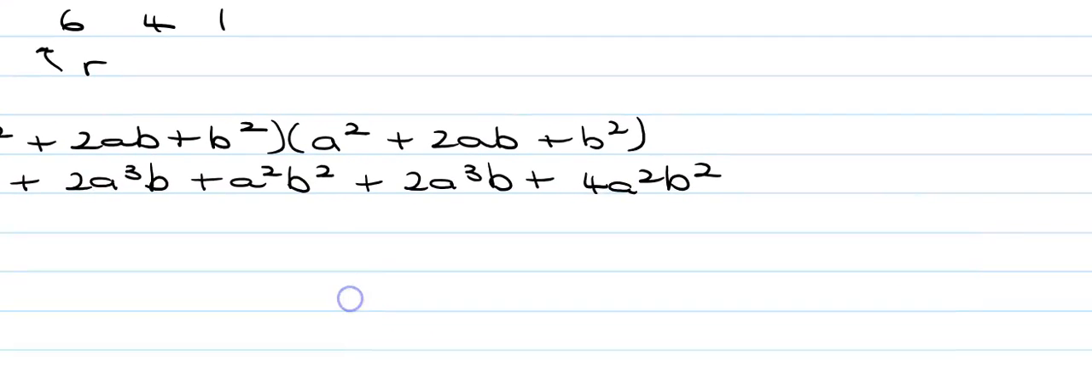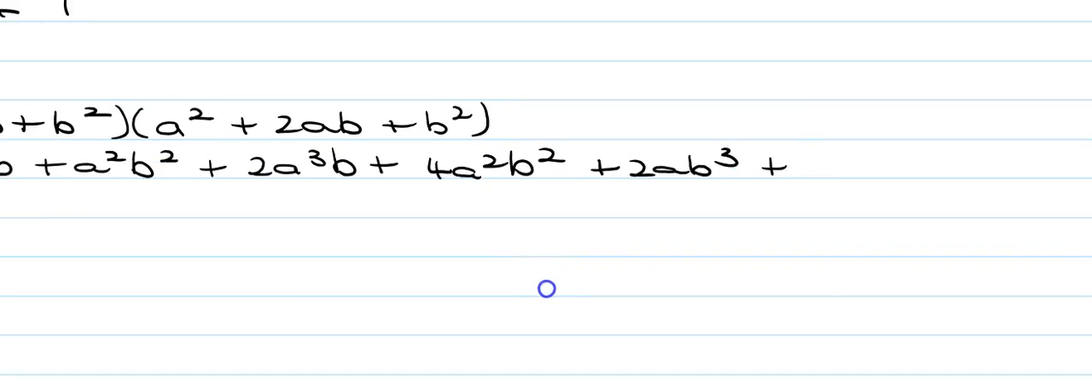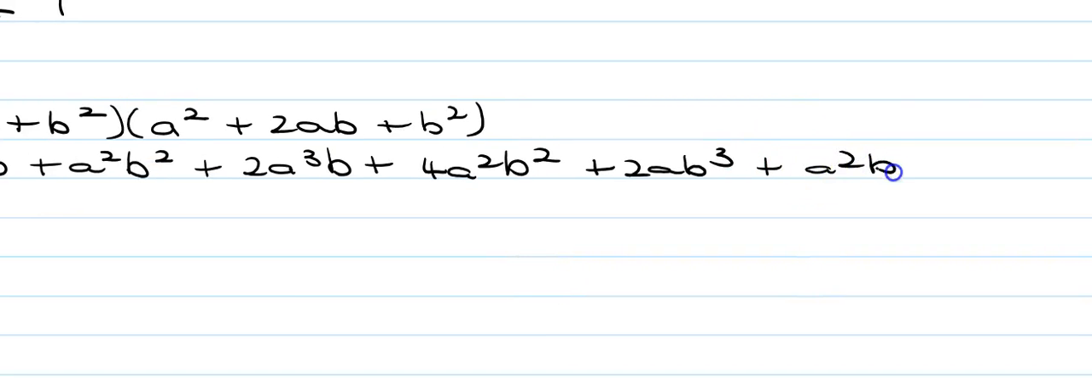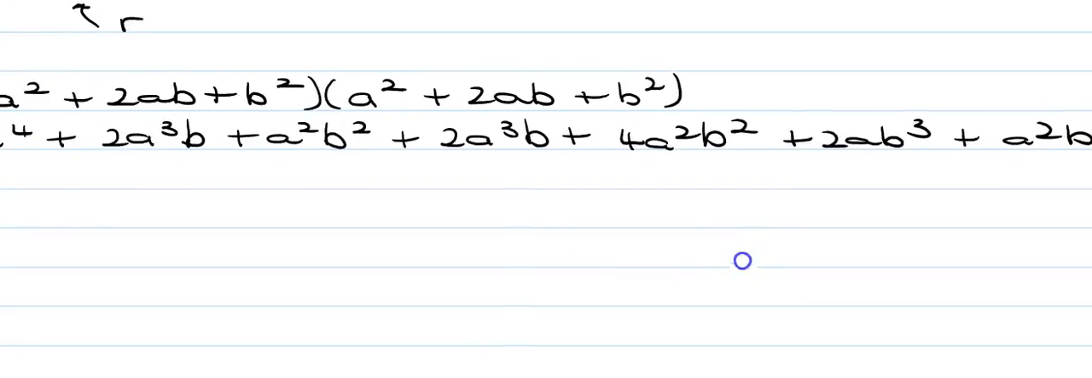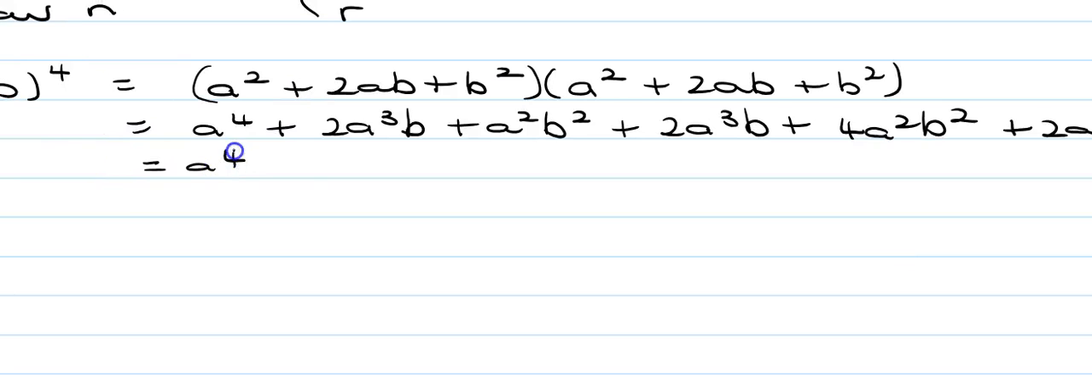And then plus 2ab cubed. Now moving along to the b squared, I'm going to multiply that by each of these three terms. So I get plus a squared b squared plus 2ab cubed. And then finally, b squared times b squared is b to the 4. Now what I'm going to do is collect together those like terms. What I end up with is a to the power 4 plus, if I highlight the like terms, I've got 4 of those,